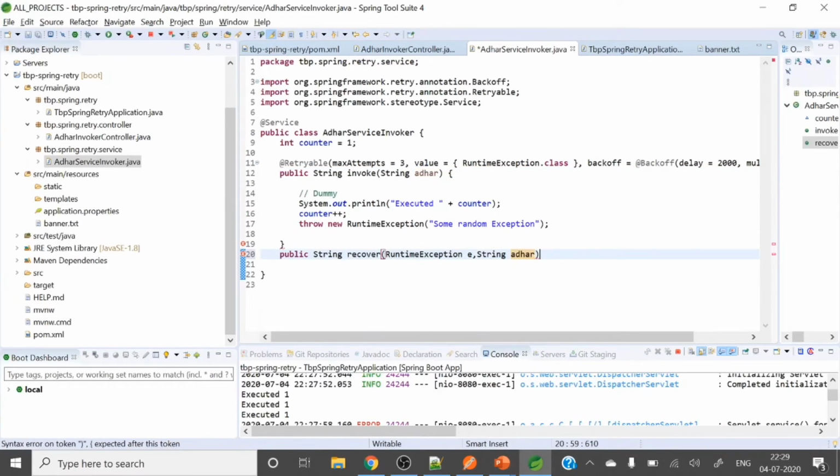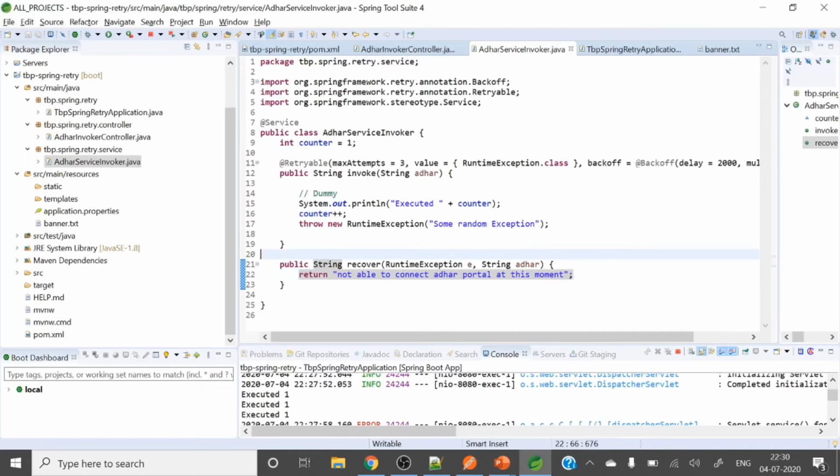How Spring Retry works is it will create a proxy of this method, and on this method it will pass those arguments, right? So let me return here: not able to connect to other portal at this moment.